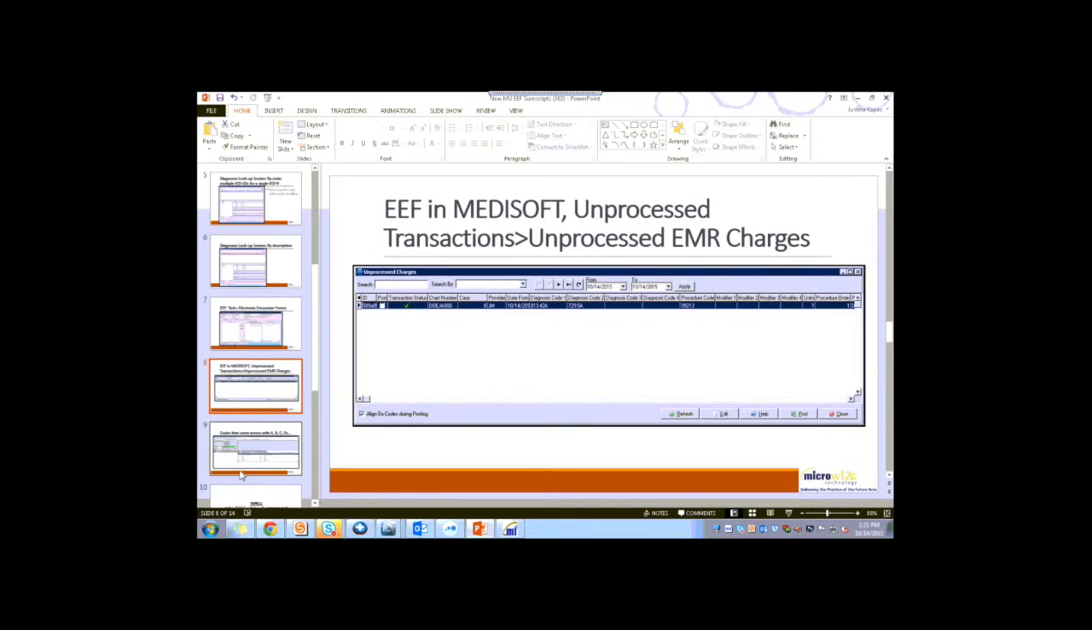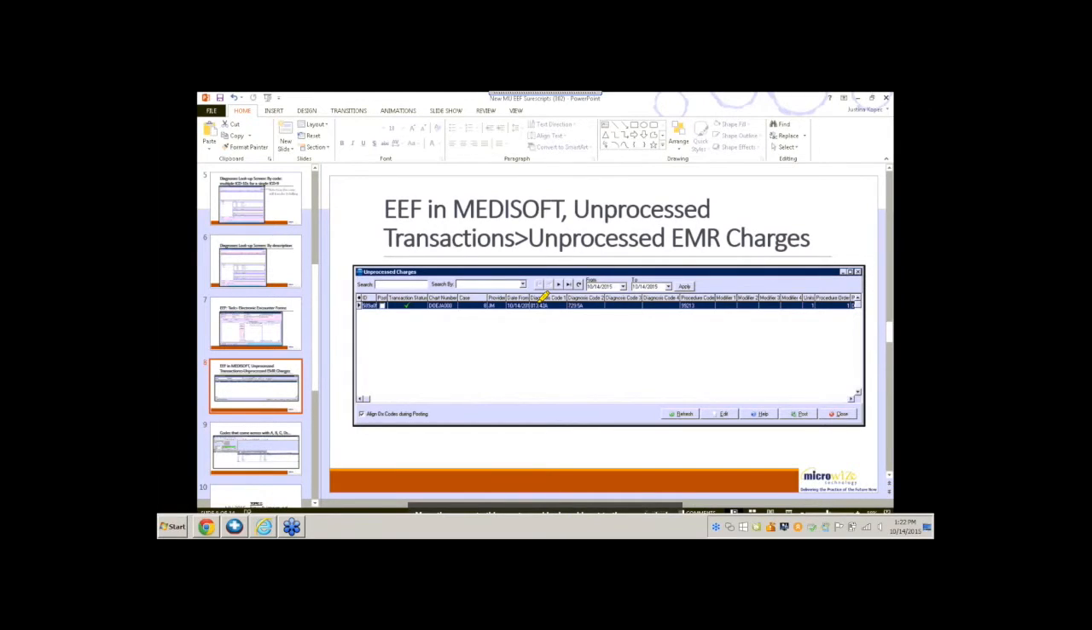Okay. So what you're seeing on the screen here is the unprocessed EMR charges screen within Medisoft. So anytime you complete your electronic encounter forms, all of those electronic superbills will get filed into here. So in Medisoft, you can open this by clicking on unprocessed transactions and then unprocessed EMR charges. Okay. So what you're seeing on the screen here are the codes that came